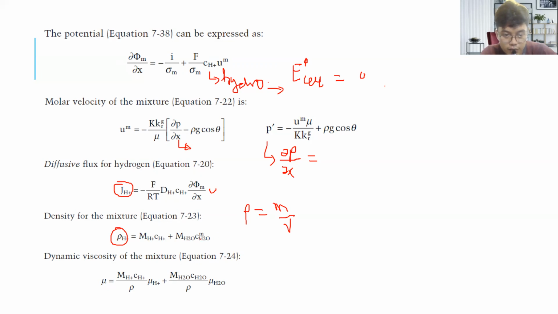Or we can rewrite the density of the mixture as the molar mass of hydrogen multiplied by the concentration. Why? We have to multiply by